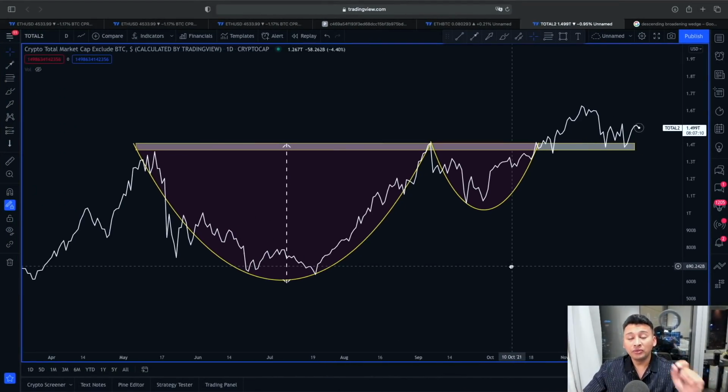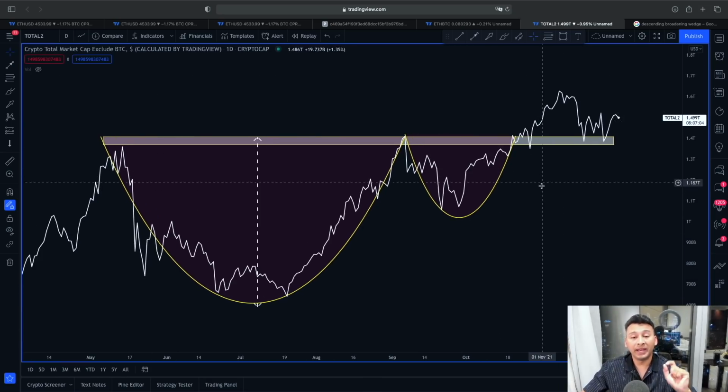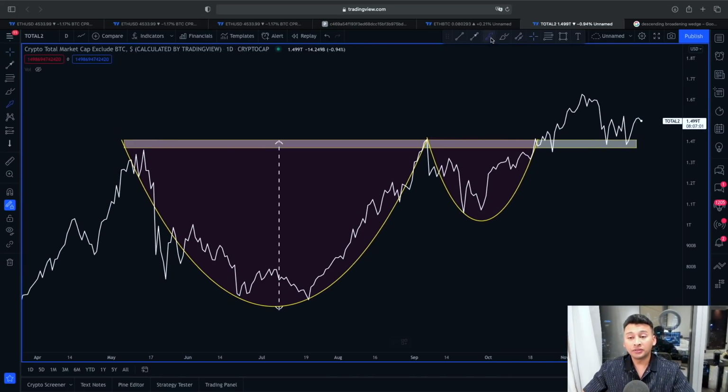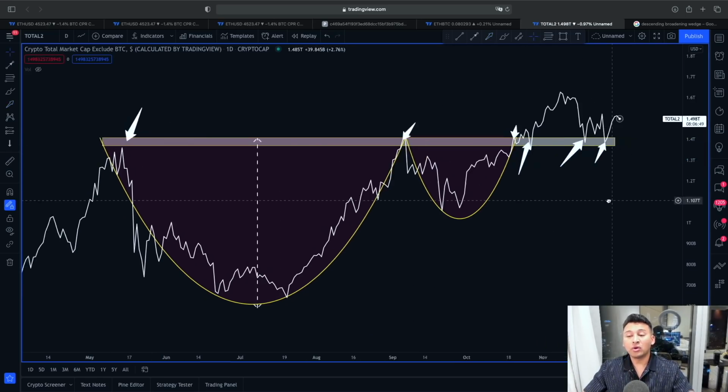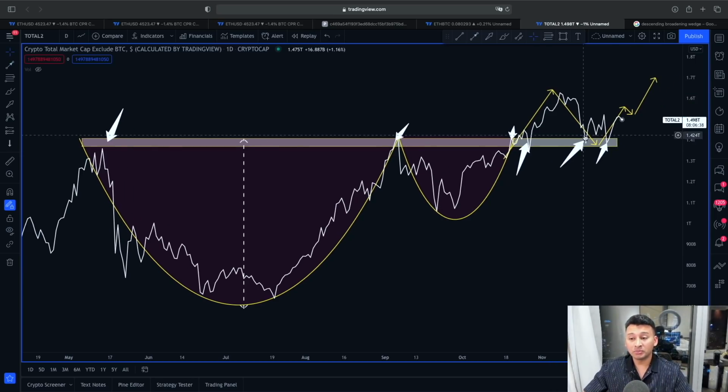So guys, now if you look at this total market cap excluding Bitcoin, you can clearly see this is a very nice cup and handle pattern. And according to this cup and handle, since the altcoin market cap has already broken out of this neckline area, right, this neckline, which previously was a strong line of resistance, is now again acting as a strong line of support. And this could be a possible retest around this neckline area before this altcoin market cap again starts pumping to the upper direction, because as long as the neckline is there as a support around this 1.38 trillion, 1.37 trillion, guys, I think altcoins could still see some more really nice impulsive movement playing out,